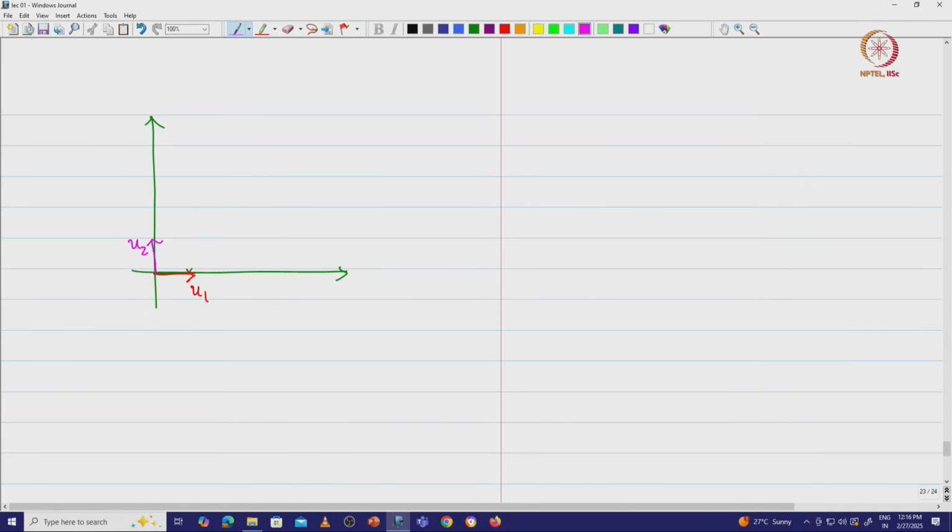What you do is you bring the tail of the u 2 vector to be at the head of the u 1 vector, or you move the u 1 vector to the head of the u 2 vector. So, the resultant is going to be this u 1 plus u 2 vector, which is the simple diagonal of the parallelogram that you are going to get, right. So, this is going to be my u 1 plus u 2 vector.